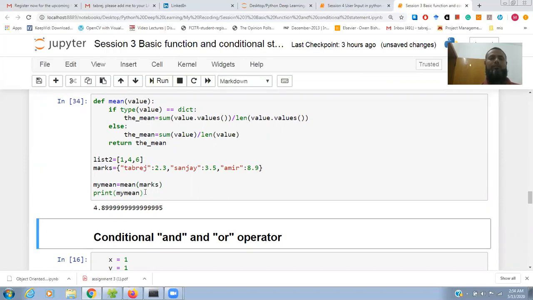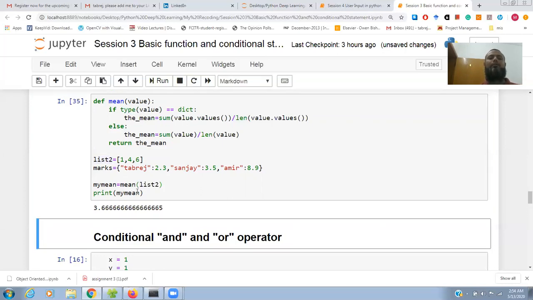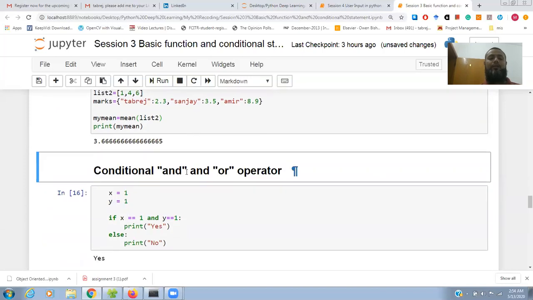So if I run this one, I get this mean. Same thing if I pass this list, I'll get the value. So this is a simple function, and with the help of the if-else statement, we pass two kinds of values. One is a list and another one is a dictionary.